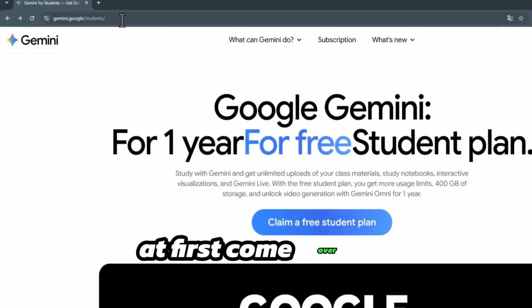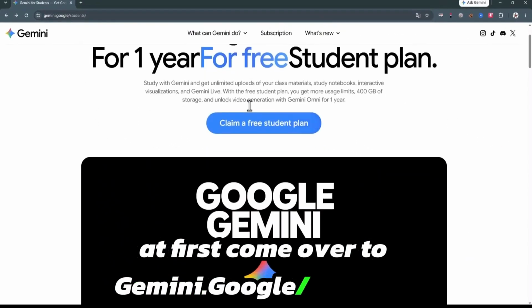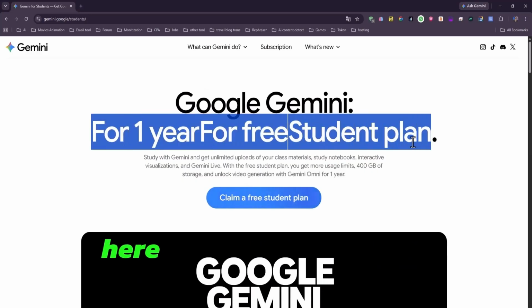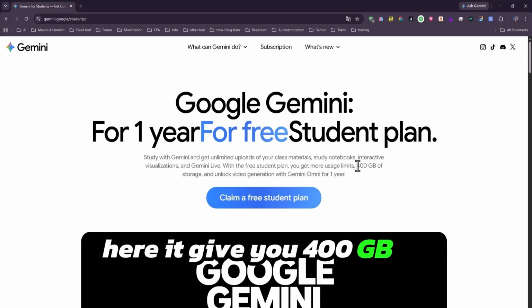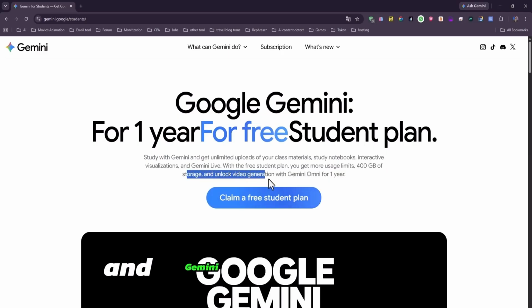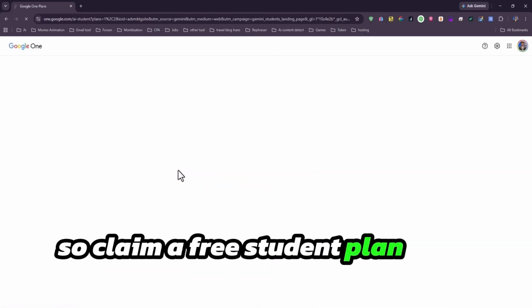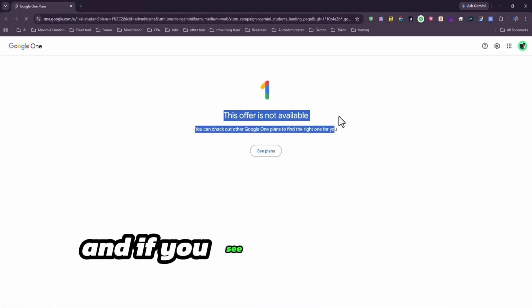At first, come over to gemini.google/students. Now you will see a claim a free student plan, where it gives you 400 GB of storage and Gemini Omni for 1 year. So claim a free student plan from your Gmail, and if you see the offer is